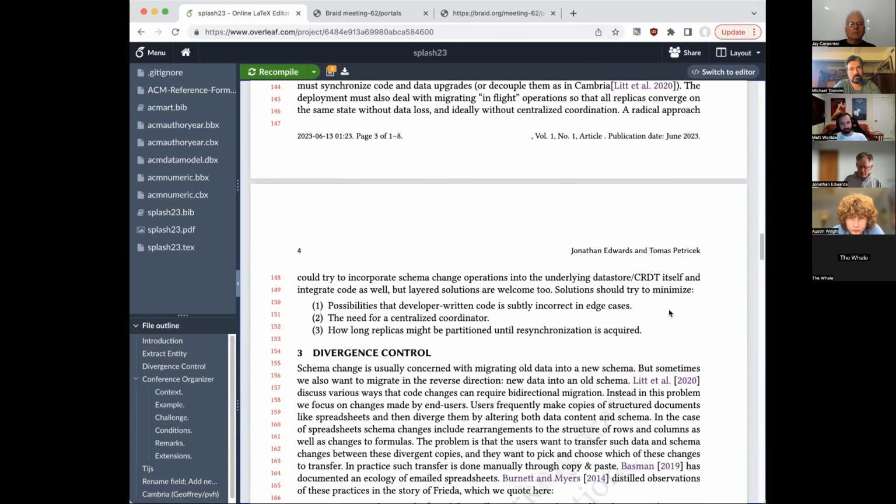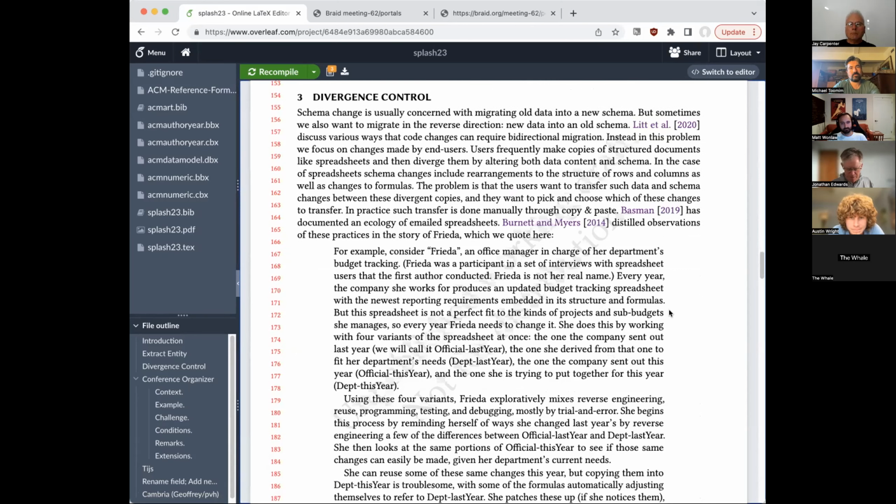One question I had for you, Matt, was in the last meeting, you were telling me about your strategy for doing schema migration. I wanted to get clear that it's both migrating the local state as well as migrating whatever queue of in-flight operations need to be sent elsewhere or are coming in from elsewhere. Is that correct?